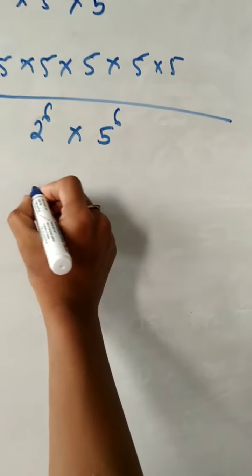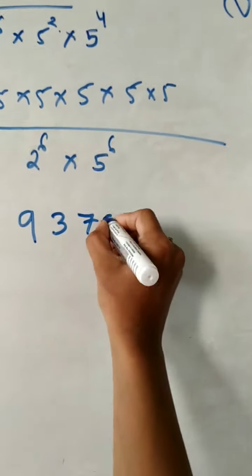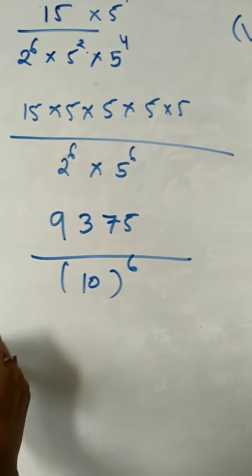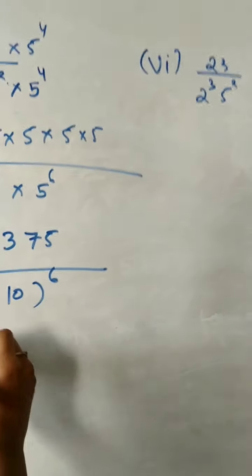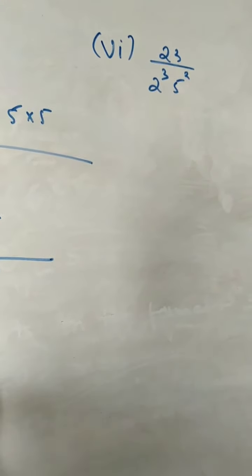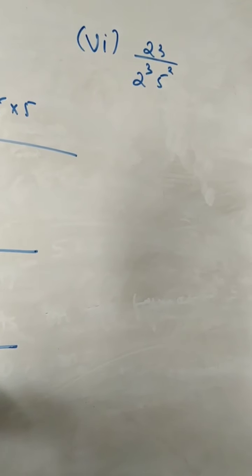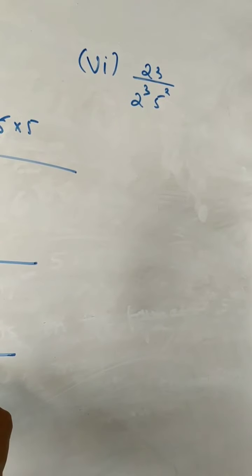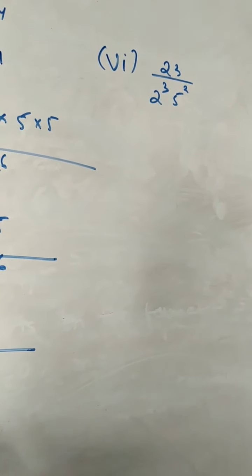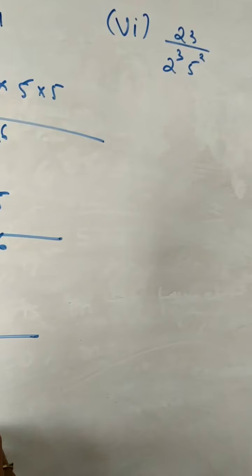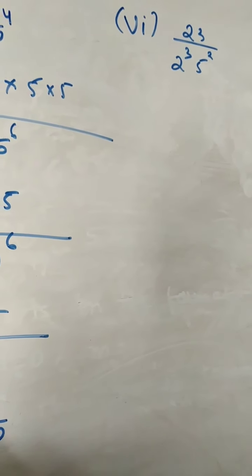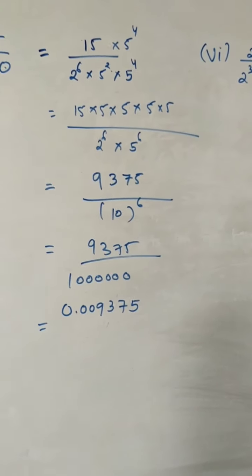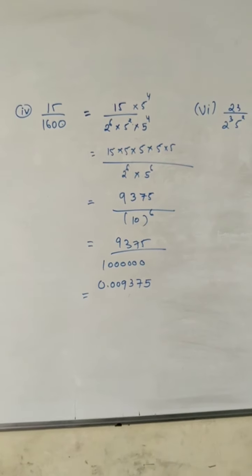So it will become 9375, and 5 2s are 10 to the power 6. Now we will simplify that. So here we will write how many zeros? 6 zeros should be there. If we are writing in decimal form, 1, 2, 3, 4, 2 zeros still remain. So we will write 5, 7, 3, 9, then 2 zeros, then the decimal point and 0. So that is how we converted that into decimal form.